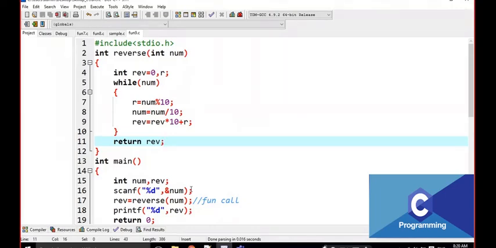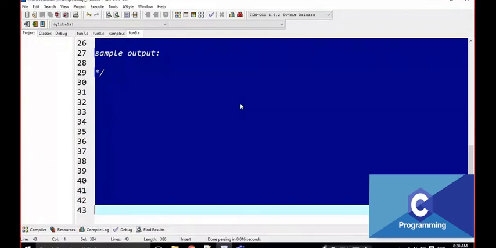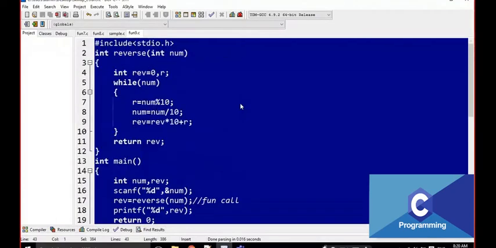One is the normal way, the second one is functions with return value, and the third one is functions without return value. This is the second one, functions with return value. Just note it down fast.